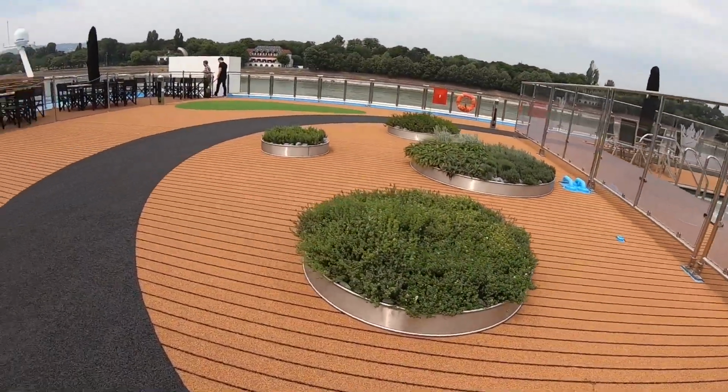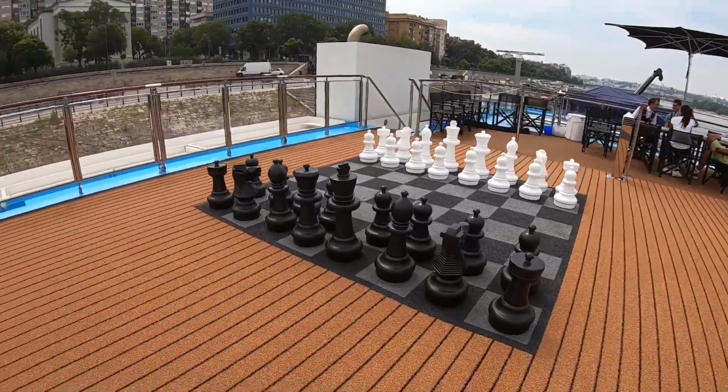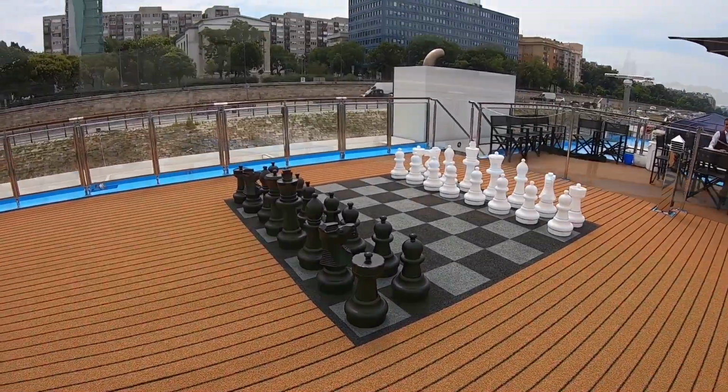And then, I haven't seen anyone, but I have seen someone on another AmaWaterways ship playing chess, but not on this ship. It's like a little